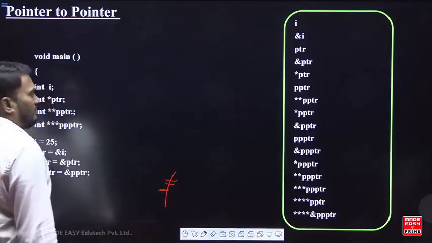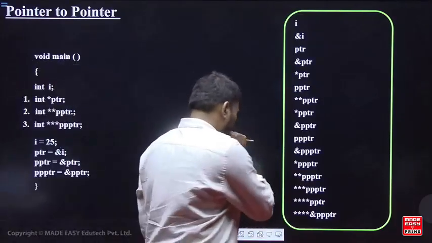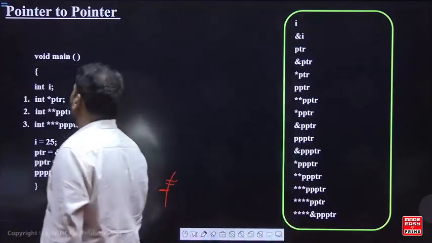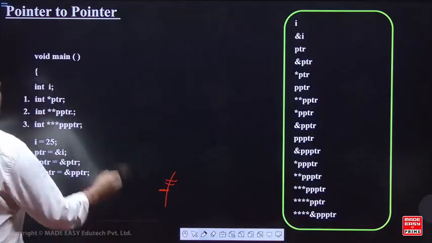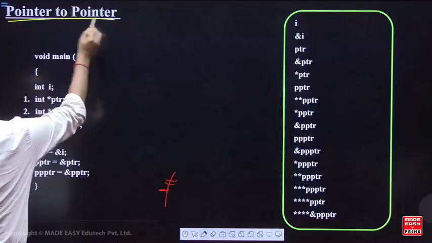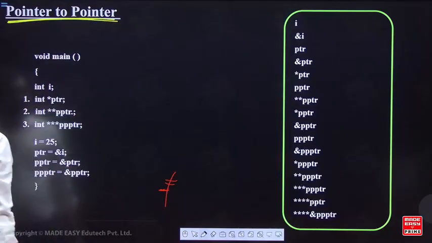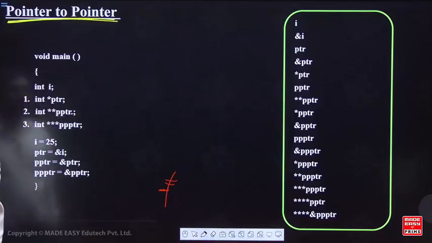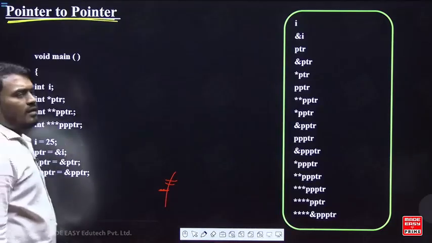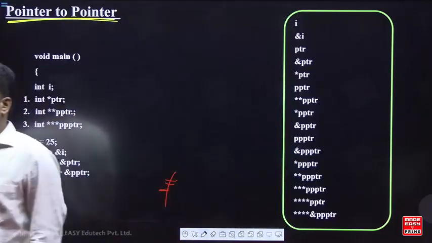Okay. Right. Now what is the meaning of this? Okay, next we'll move on to the next topic. So we are moving on to pointer to pointer. Listen carefully. So what is the meaning of this? Note down one by one. So meaning,